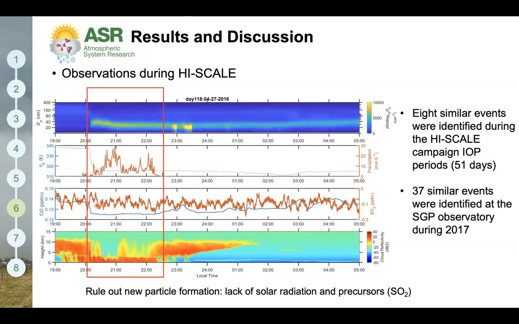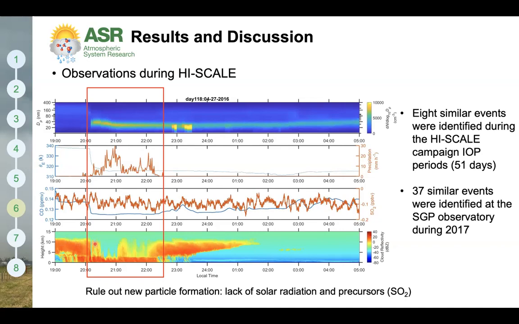transport of the air mass, because generally the carbon monoxide concentration in the boundary layer and in the free troposphere are very different. And with the help of the cloud properties measured at the SGP site, we could really look at how the cloud developed during this deep convection event. And you can see that the cloud top height is above 10 kilometers, which shows that this is indeed